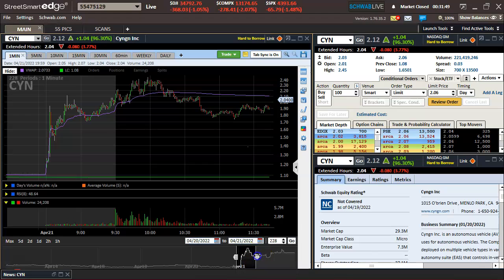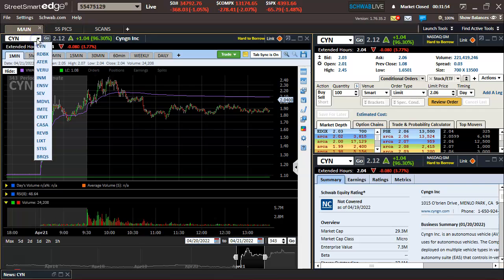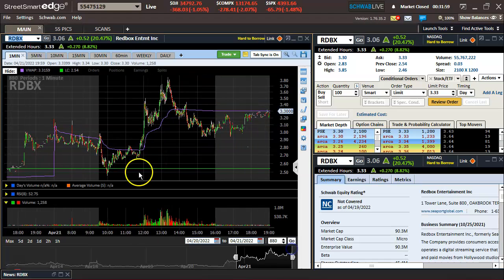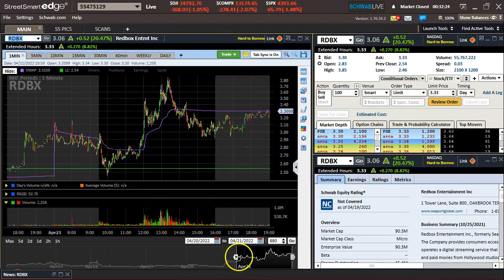But rest of the day wasn't really much. Was being patient after this, and what popped up on my radar was RDBX, and that's straight out of the watch list here. I'm just looking for that 268 previous high of day break hold. It has resistance around 320, and then after that we got the mid threes. 3.6 is resistance slash breakout level. So I was seeing how it was going to open up, and we'll play that after hours high of 3